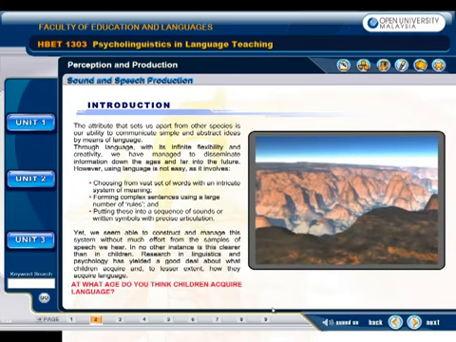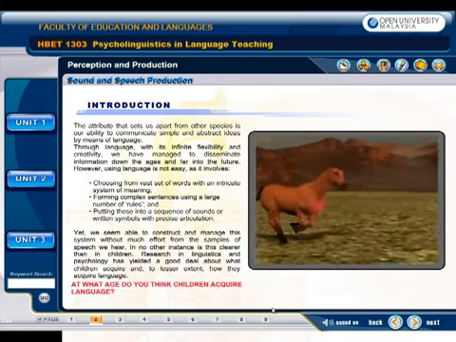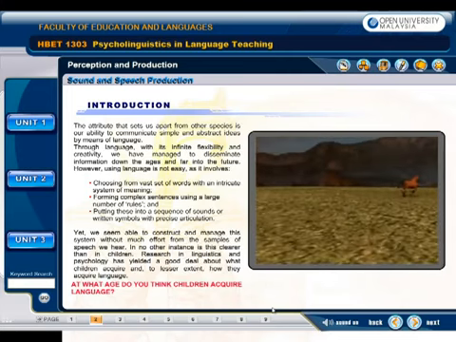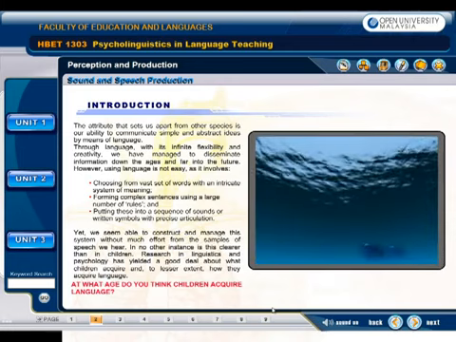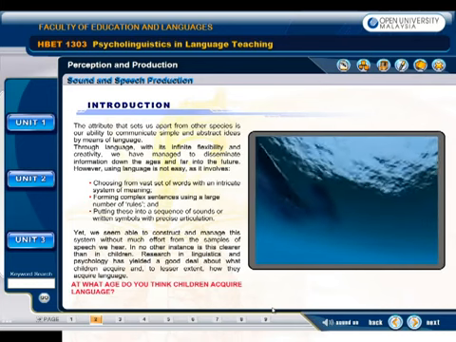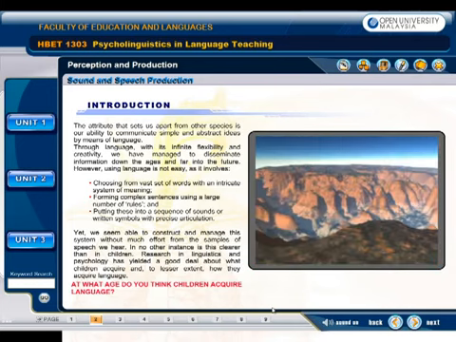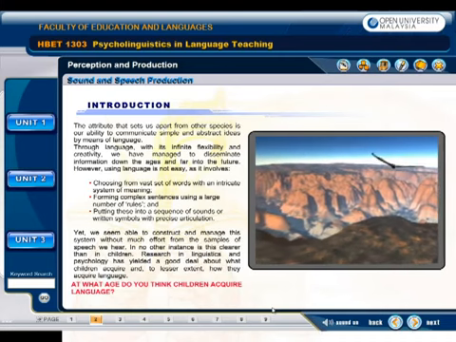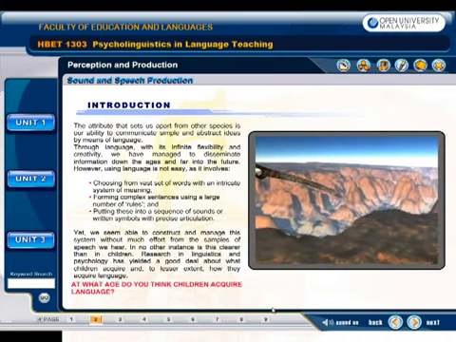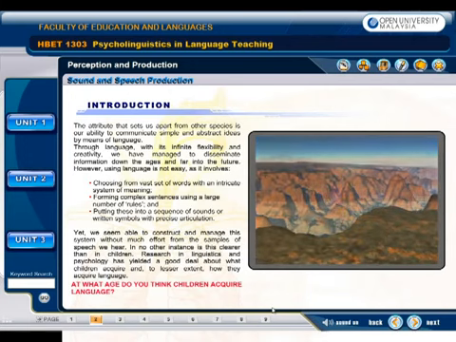forming complex sentences using a large number of rules, and putting these into a sequence of sounds or written symbols with precise articulation. Yet, we seem able to construct and manage this system without much effort from the samples of speech we hear. In no other instance is this clearer than in children. Research in linguistics and psychology has yielded a good deal about what children acquire, and